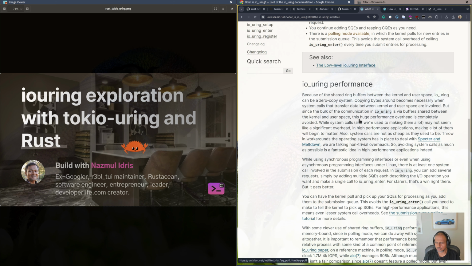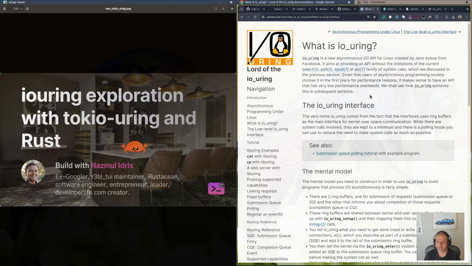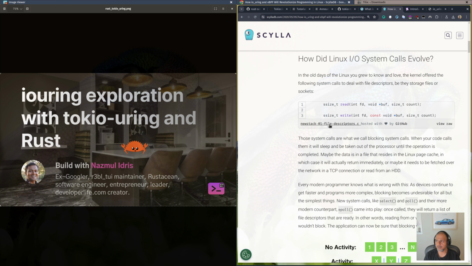So there's a whole host of information here on what it is, why it was created, the design choices, and so on. This is also a really good blog post. I'll put a link to this in the description. And this kind of takes the reader through the history of how these syscalls evolved, where, you know, this is your standard issue